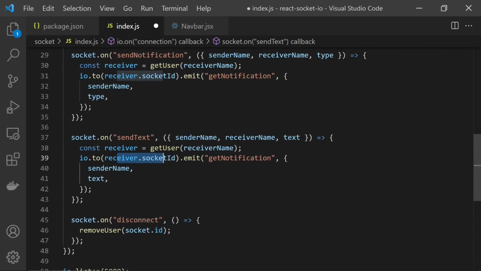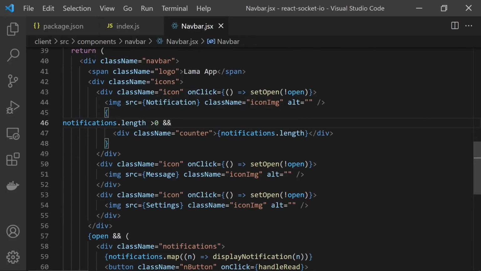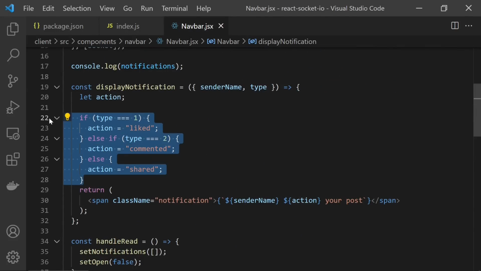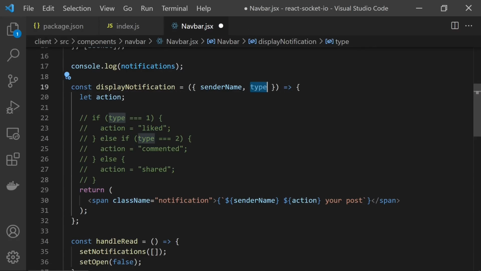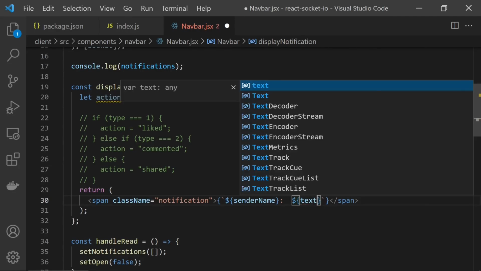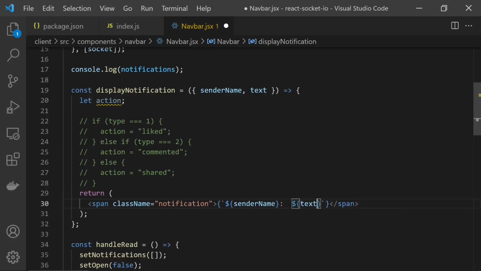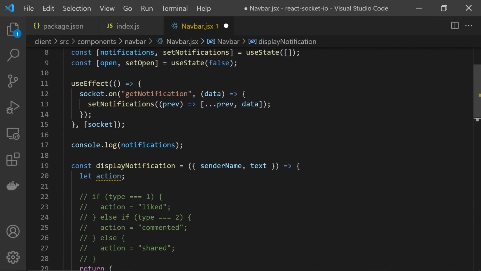And that's all. Seriously, if you come here and say let's delete them and let's make this text, for example, and I'm gonna write here senderName, and here let's write our message. I will say text,